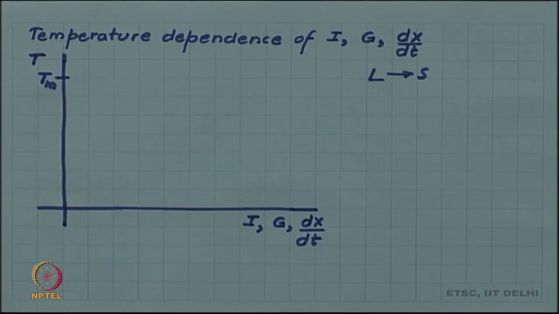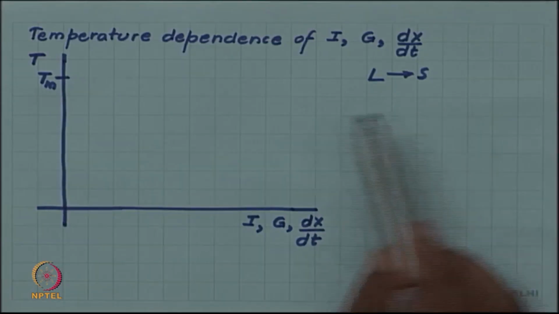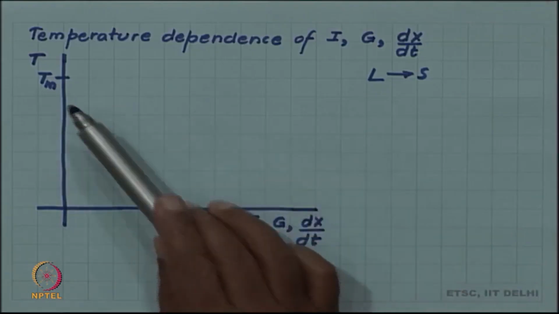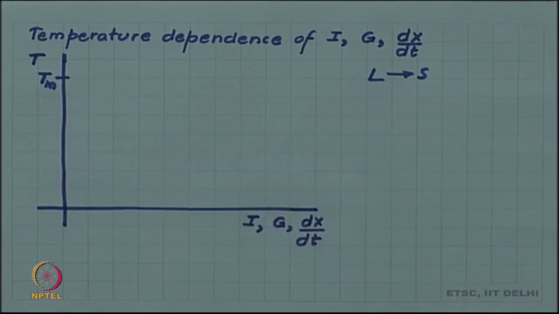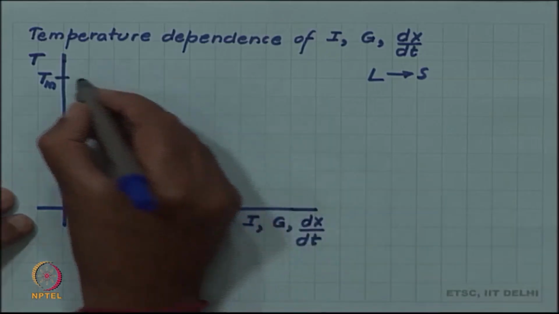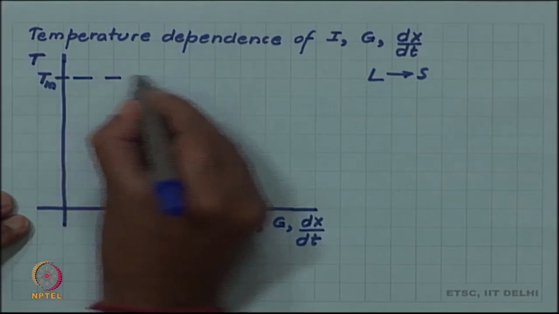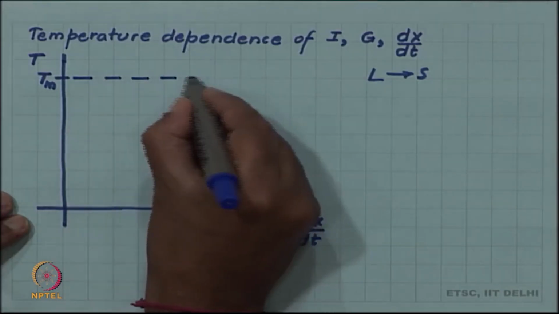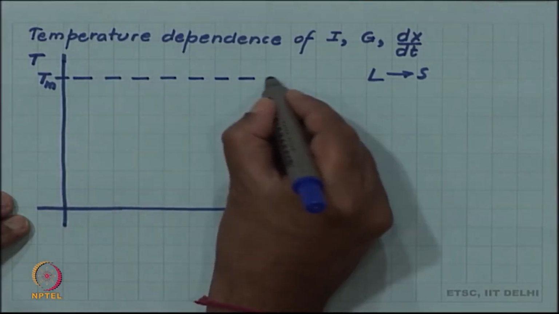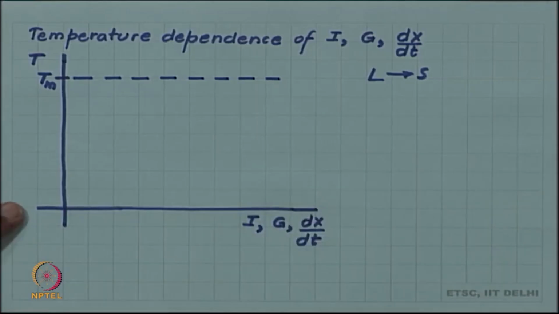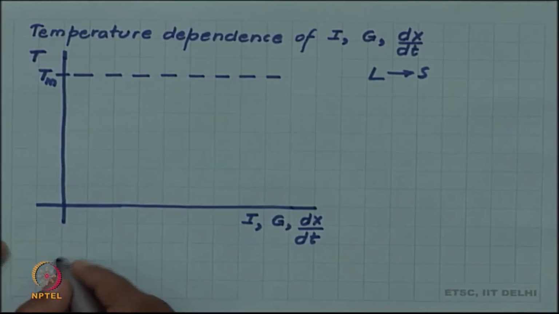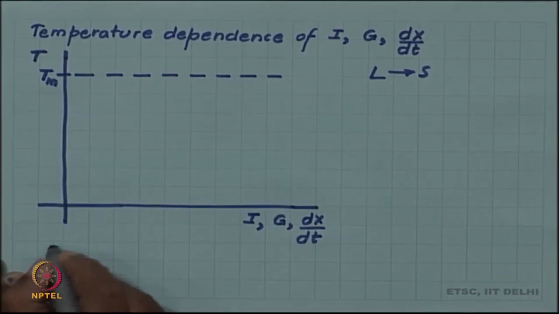There is no question of any transformation from liquid to solid above the melting. So, all these rates exist below this melting temperature. So, we can draw a line at Tm, and we have seen that the nucleation rate I, let us say I is the nucleation rate,